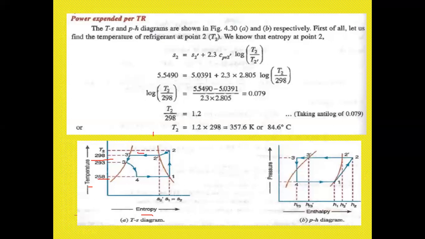So we have to find T2 along with this S1 dash. Now S2 is equal to S2 dash plus 2.3 CPV1 log of T2 by T1. Now we already know these values, so finally T2 by 292 log is equal to,